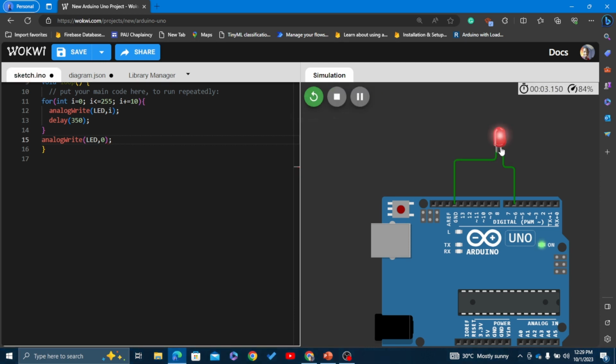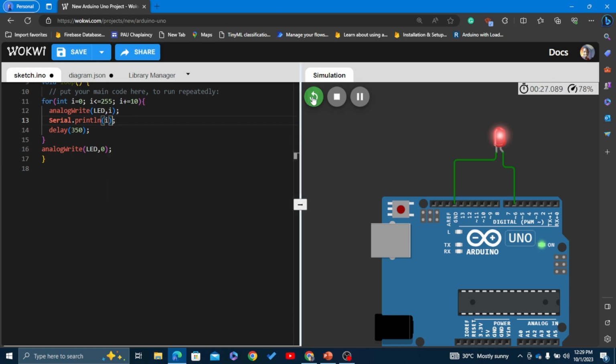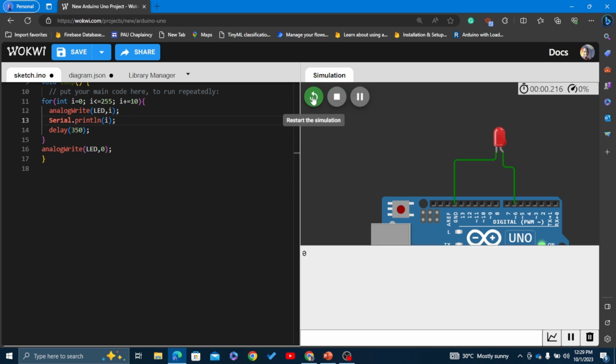Watch the LED slowly. You see it's getting brighter, and after a while it will go off. So what we can do to see the increment value easily is to print the value of i. Let's come here and do Serial.println(i). So we're able to see it. You can see i is increasing by 10 and it gets to 50,